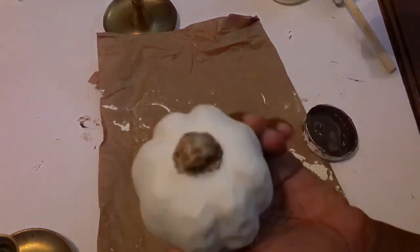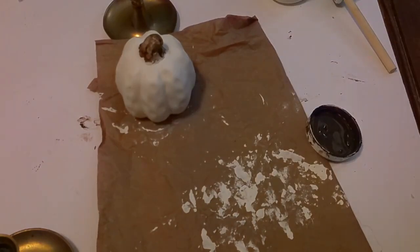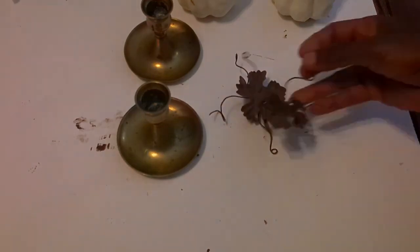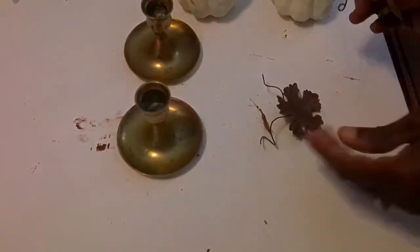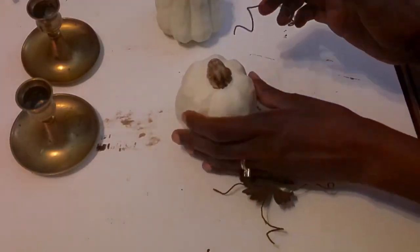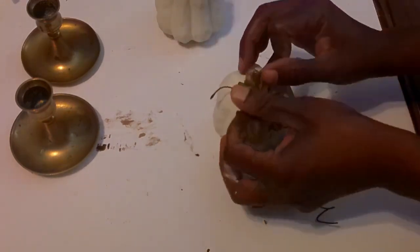So yeah, once that is complete, and that's the finished product there, and once everything is complete, like I said, I'm going to put the leaves back on. And then I have these two candle holders that I purchased from my favorite thrift store, and I paid $2 for both of them, and I think I purchased those last year sometime. So here I'm adding those leaves back,